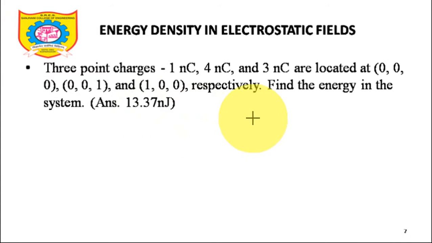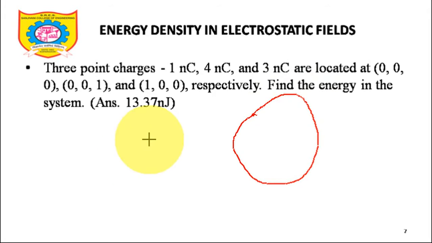Just try to understand the concept of what we are going to do. Let's say this is a free space where I need to place those charges Q1, Q2 and Q3. Let's call them Q1, Q2 and Q3, and try to solve it. I am switching over to the camera mode so that you can understand how we can solve it. By that time, just note down those coordinates: minus 1 nanocoulomb at 0, 0, 0; 4 nanocoulomb at 0, 0, 1; and 3 nanocoulomb at 1, 0, 0. I hope it is visible to you.